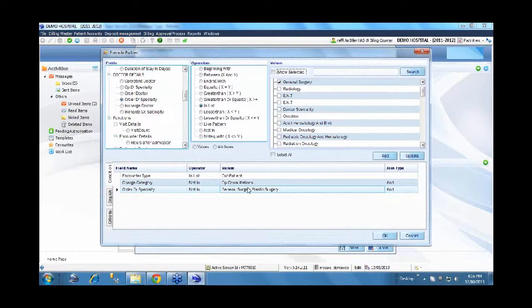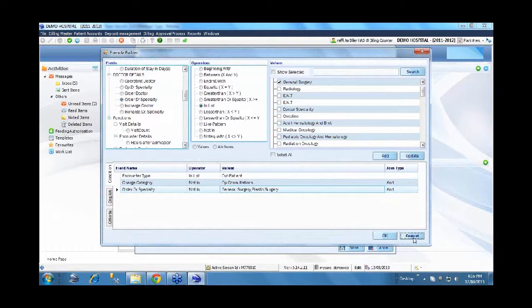The in-charge doctor and the actual person who places the order can vary, especially in an inpatient environment. The patient will be under a particular specialty consultant who will be the in-charge, whereas the patient may be seen by other specialty physicians also, and also assistant consultants within the same specialty. For that purpose, we need to differentiate the ordering doctor specialty and the in-charge doctor specialty. So we have that provision also, and we can define a rule based on that.